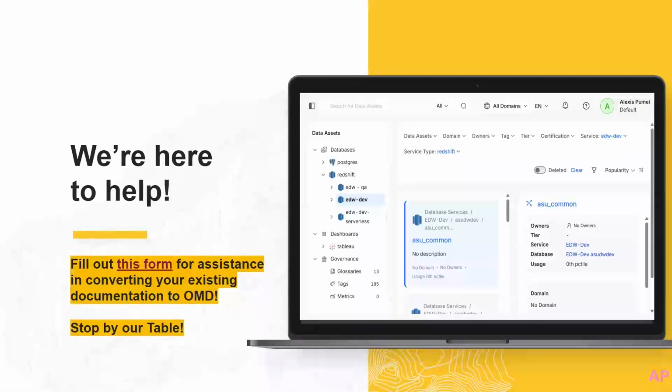We have a student worker who is working alongside us in farming all of that content. We are happy to pair with you to define that content. If you already have existing documentation, kudos, and you're able to send that to us, we will translate that into open metadata. And again, stop by our table.